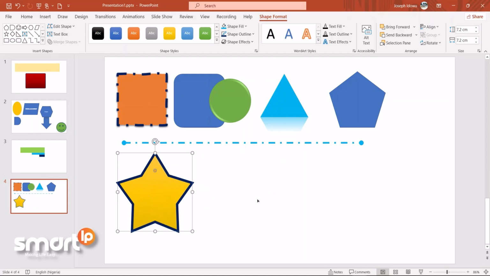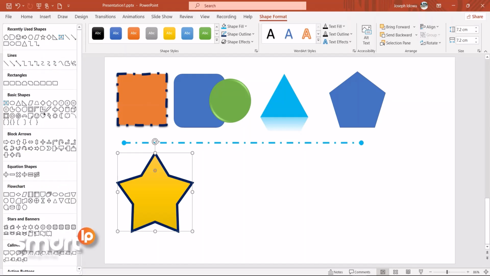We've looked at the star, and let's look at the final shape we're going to draw. We can also draw it from our shape format tab. So come to this place, then let's just select one of these block arrows. We're using the same idea of holding down Shift and Control, or holding down only the Shift key. So let me draw this heart. Okay, select the heart,